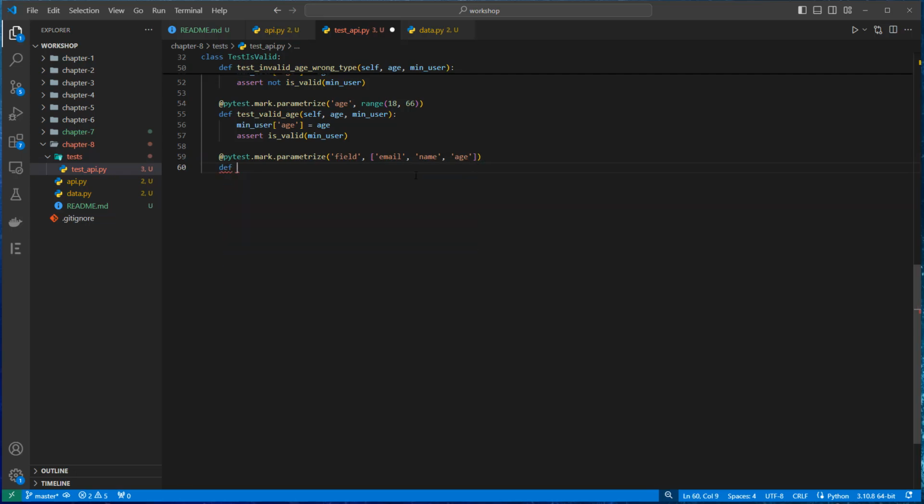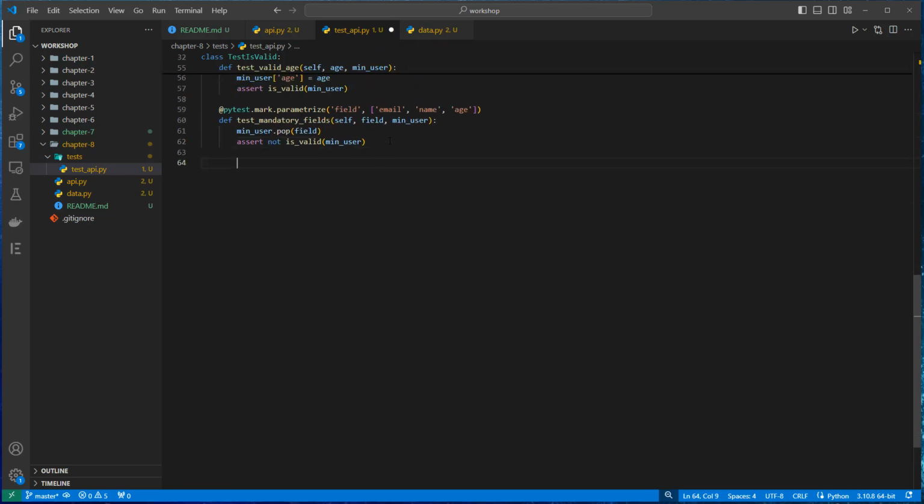Let's define test_mandatory_fields, self.field, main_user.pop(field), assert not is_valid main_user. Okay,